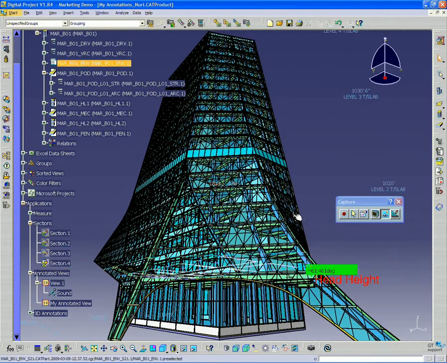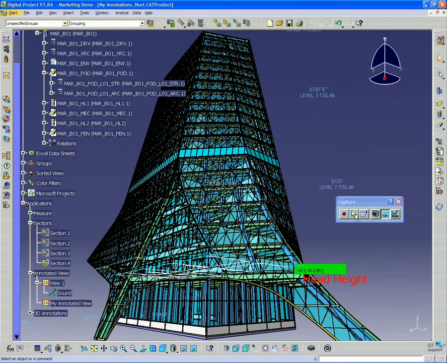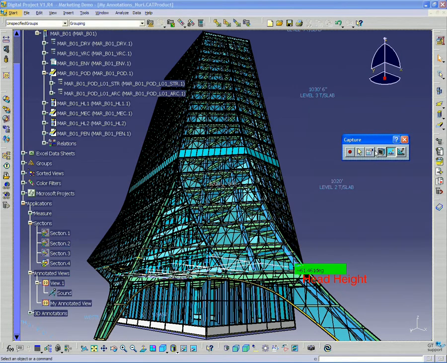Now, one other thing is the screen capture. We can do a higher resolution than the actual screen. With a typical print screen, you only get exactly what you see on your screen. But with this capture button, it's sort of like a very light rendering tool. There's other options for rendering. You can do full reflections and different light sources. But if you just want to quickly capture an image and share it with someone, then